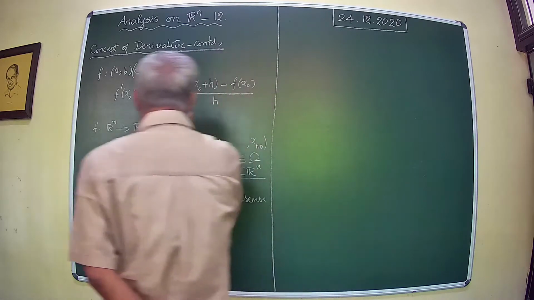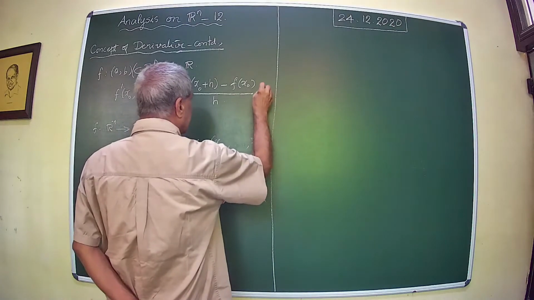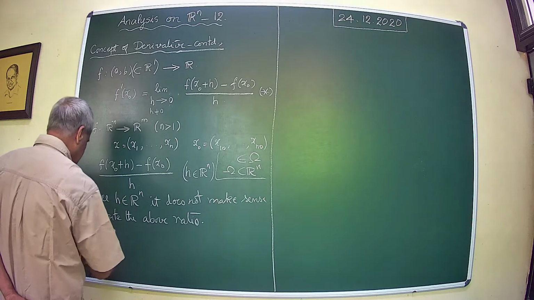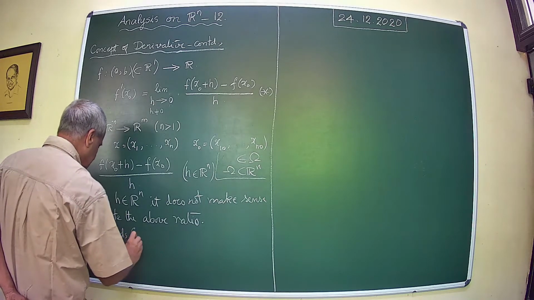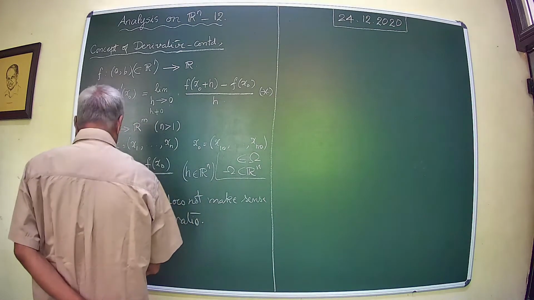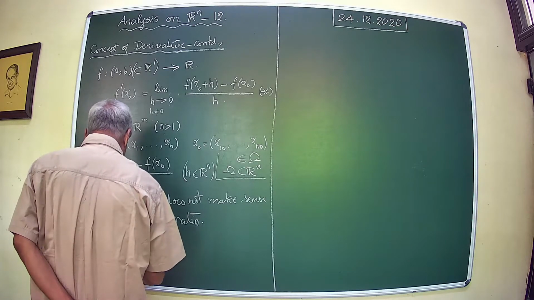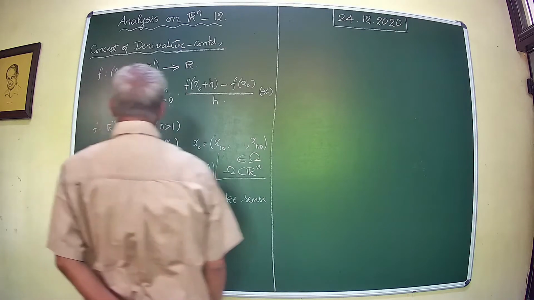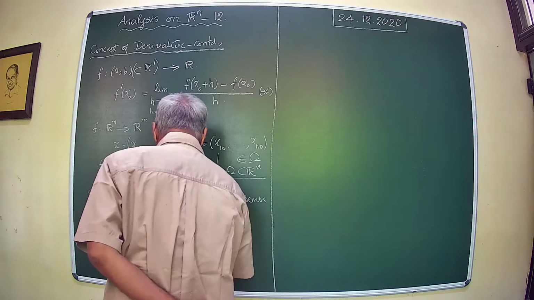There you see that this amounts to saying that star stands for f of x naught plus h minus f of x naught minus h times f derivative of x naught